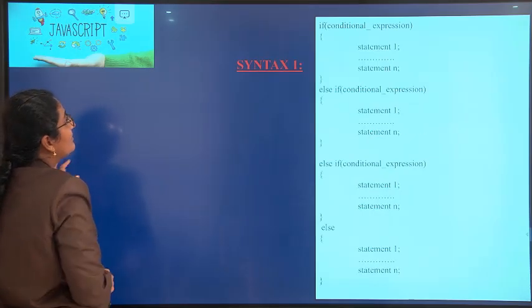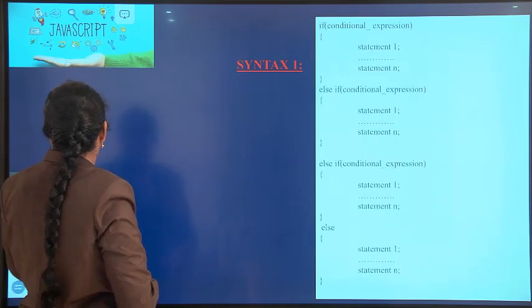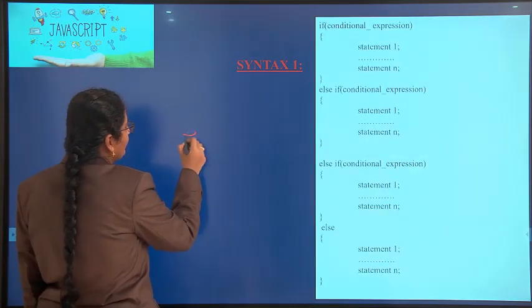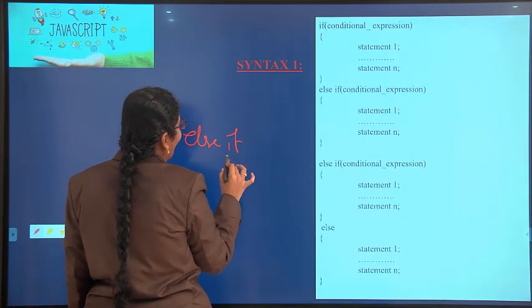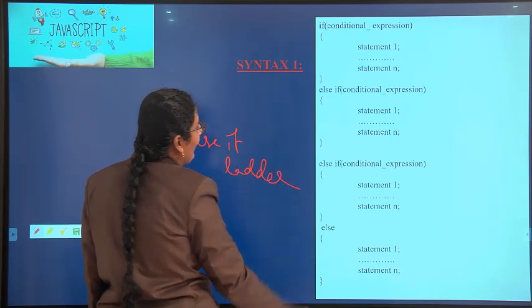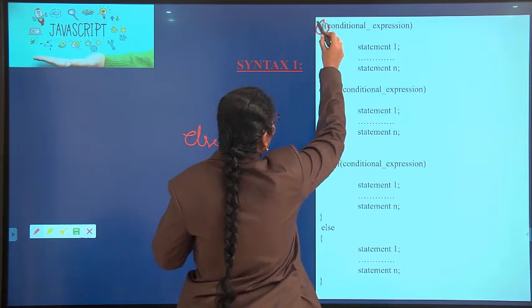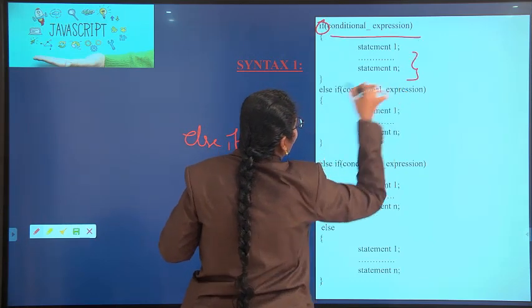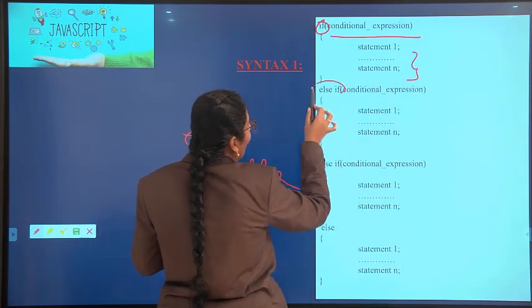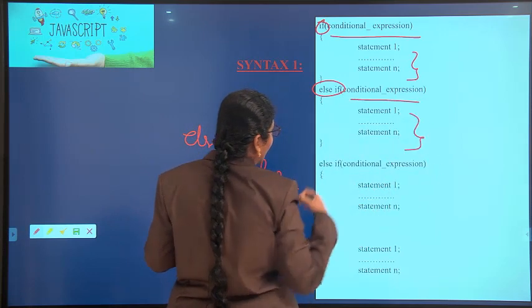So the next one, see, else if ladder. Ladder is nothing but we will have so many else ifs. See here, if condition, some statements. Else if condition, some statements.